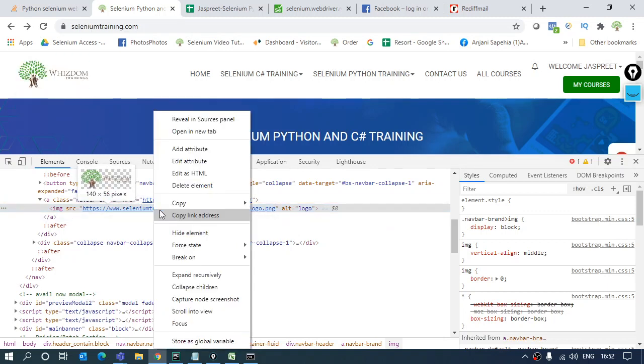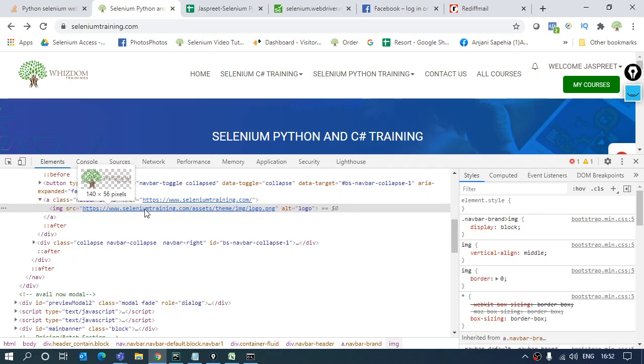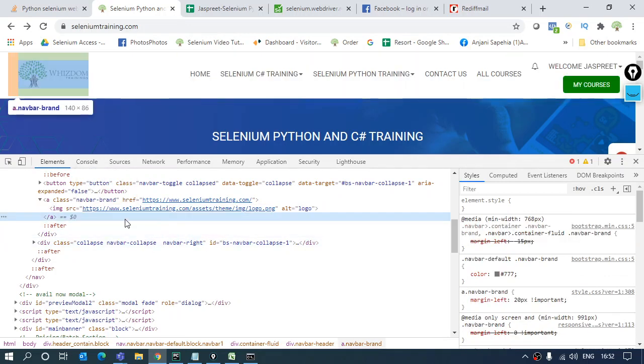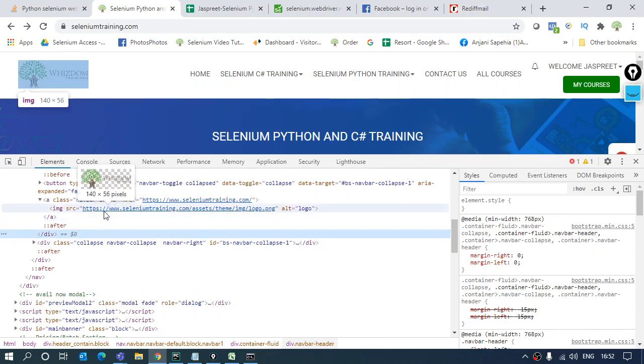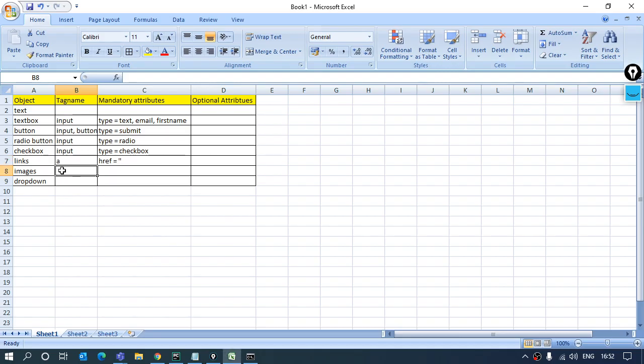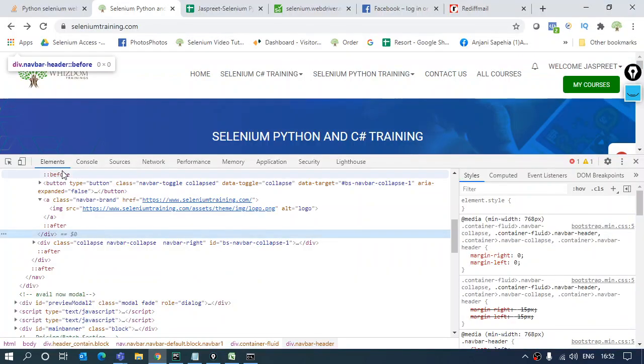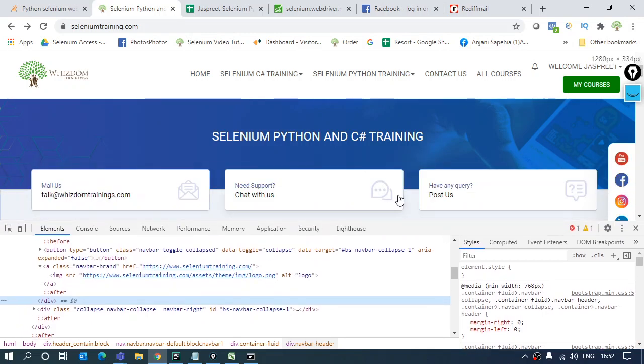If I click on this image directly, it's not taking me somewhere. Maybe this is in the same system. I have this image in my system, so that's why it's not going somewhere. But usually when you see an image, it holds the value in the attributes from where it's being loaded. So for my image, the tag name will be img and the compulsory attribute will be src.